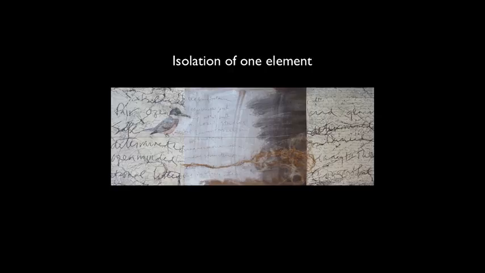Now let's talk about the isolation of one element as a way of creating the focal point. And I took the liberty of putting up a piece of mine, a favorite. This is the Judge from my Archetype series. And the Kingfisher, there's a lot going on here, but because the background is fairly low key and because the design elements are smaller, the Kingfisher, as the recognizable element, being set off to the side this way,